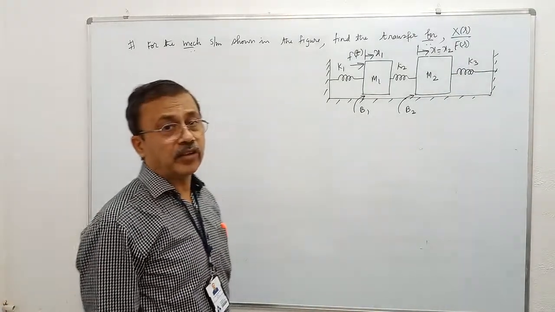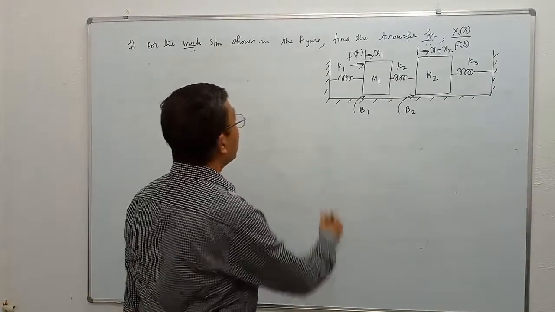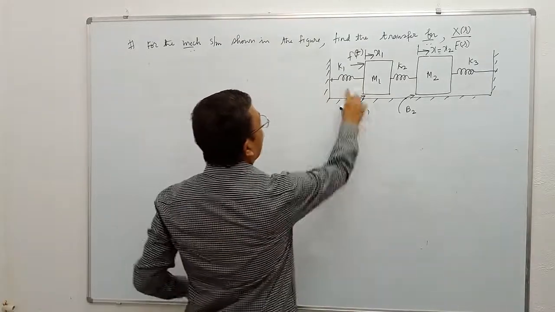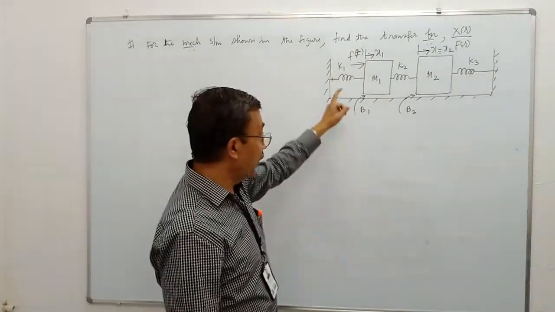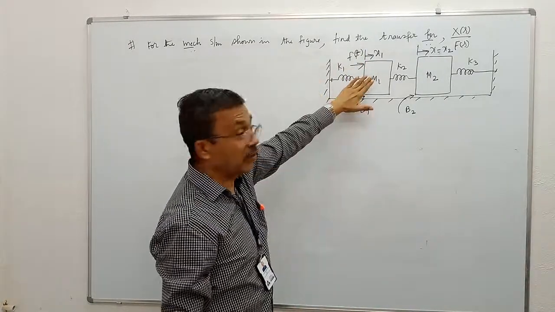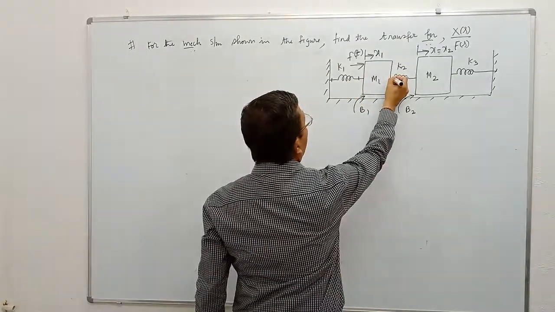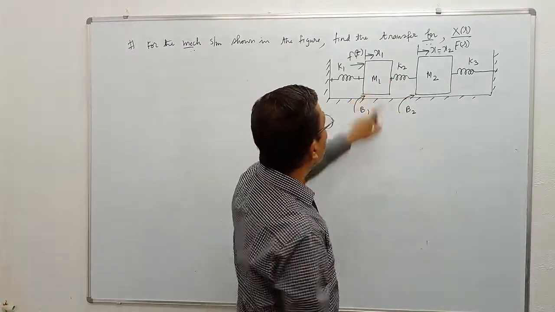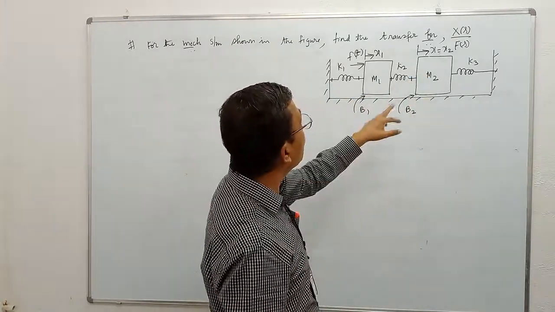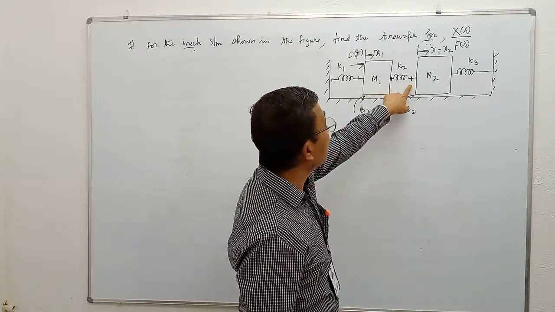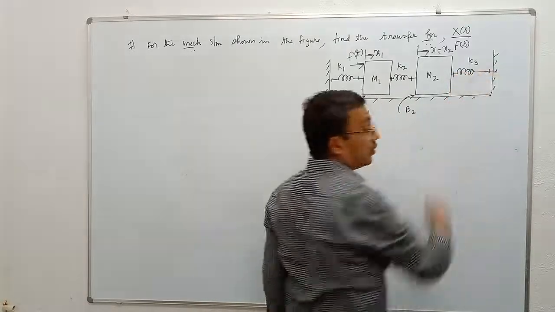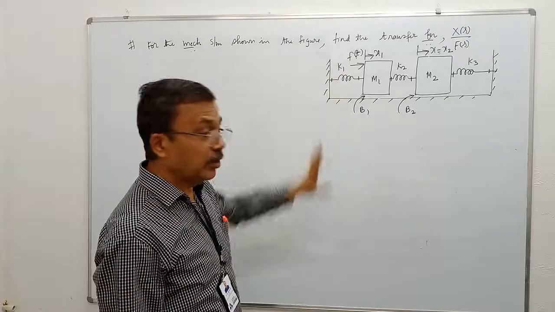Then displacements on either sides of a spring and a damper must be different. Here, take the spring, displacement is 0 because it is fixed. The other end is connected to m1. Displacement of m1 is x1, therefore the displacement here is x1. On one side it is 0, on the other side x1. Here the displacement is x1 because it is connected to m1. Displacement of m2 is x2 because the other end is connected to m2. On this side it is x1, on the other side it is x2. Either sides it is different. Here the displacement is x2, here it is 0. Therefore, two displacements are sufficient to solve this problem.